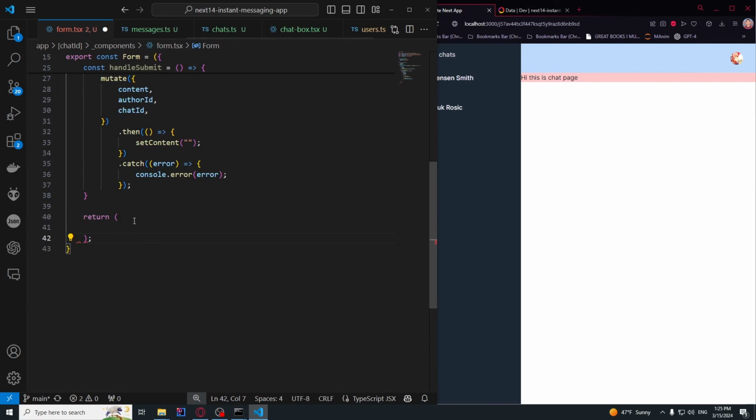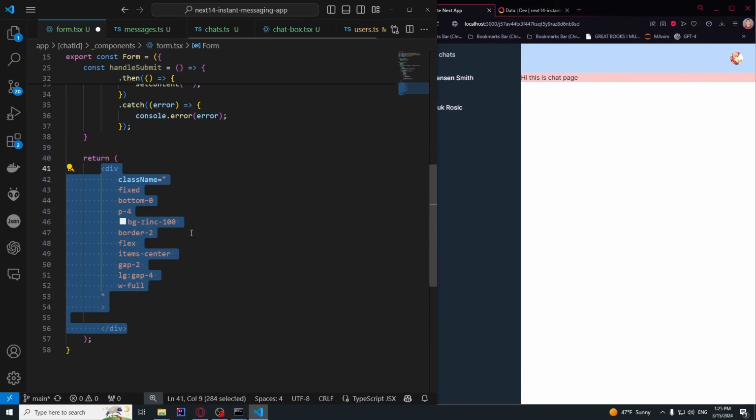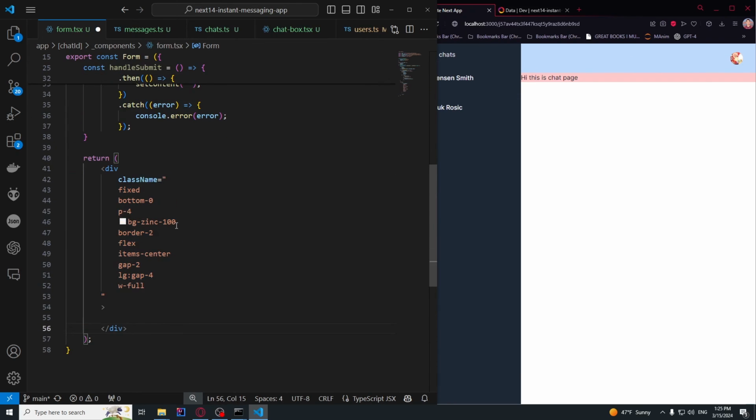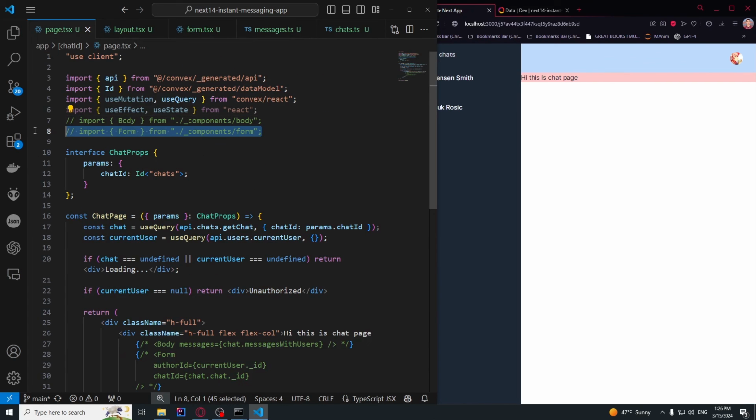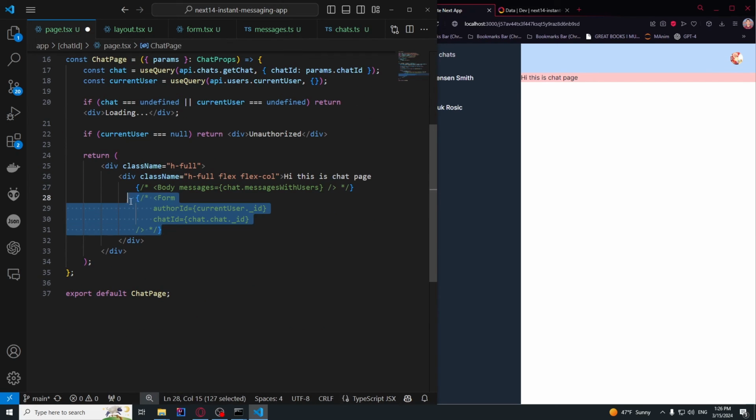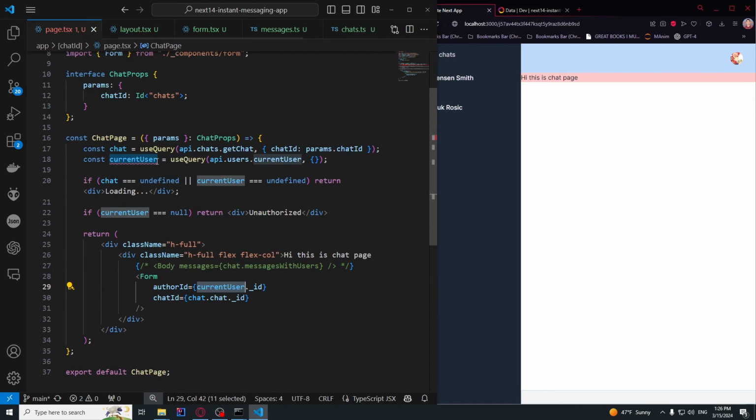Okay, so let's make some HTML, so return. First we make a div, and it's going to be fixed on the bottom of the screen no matter where we scroll. This is background, border, flex, items. So let me save this, and let me go to page tsx of chat ID, and let me import form like this from components form, and let me put it here. So we will pass in author ID, that's going to be current user.id, so whoever sent the message. And then chat ID will be